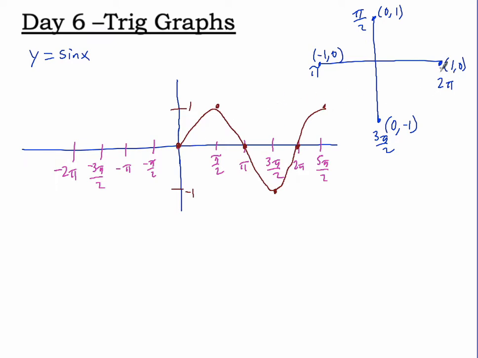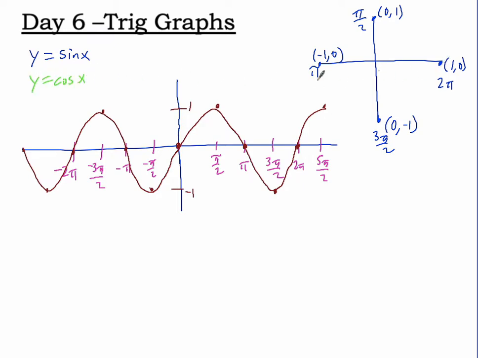Same thing if we go backwards, we go negative pi over 2, we have negative 1. And then it goes 0, 1, 0, negative 1, 0. It goes on and on like that. Okay, this is a bit more smooth. This is more what it looks like, right? So that's sine. And if you want to do the cosine graph,